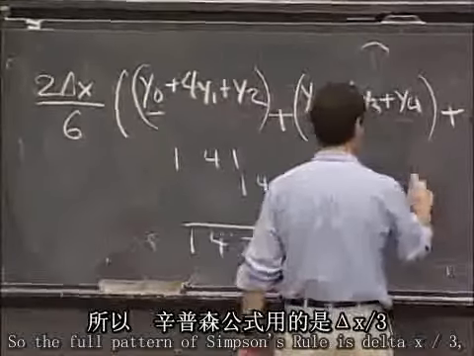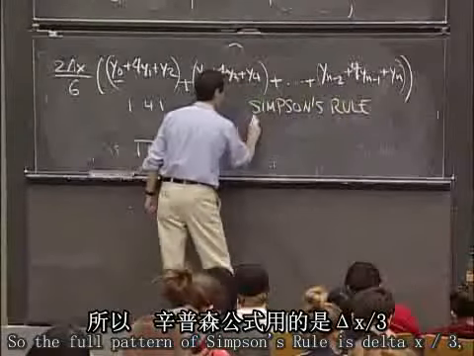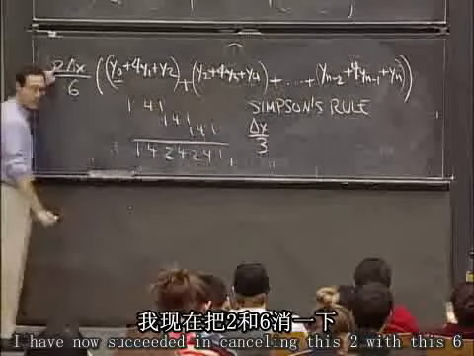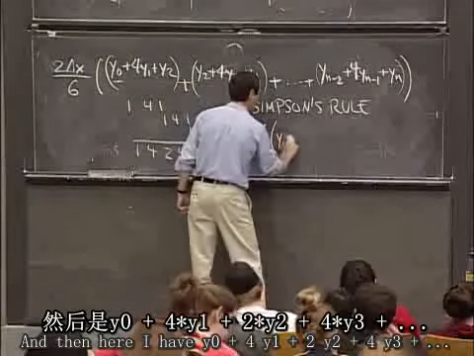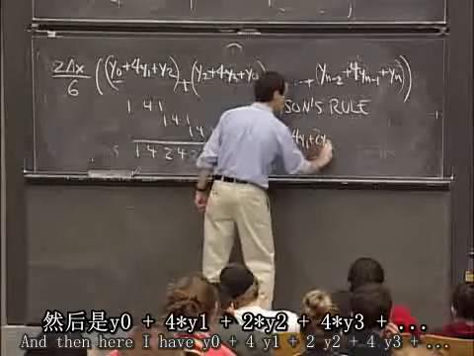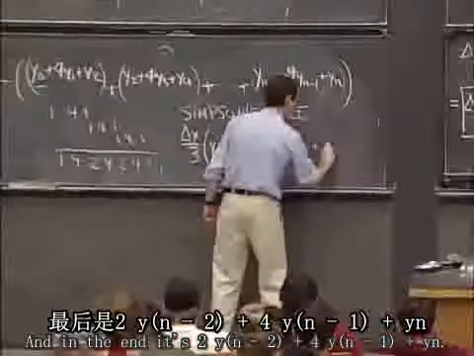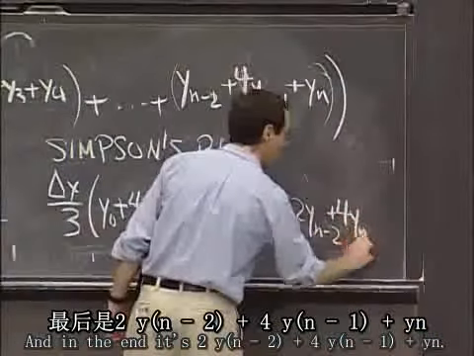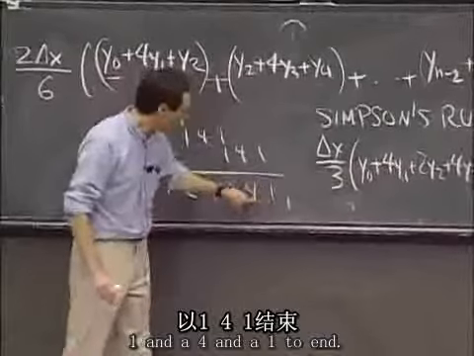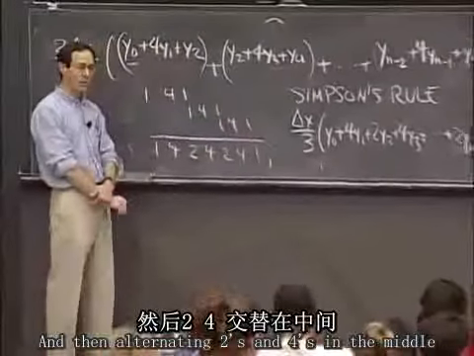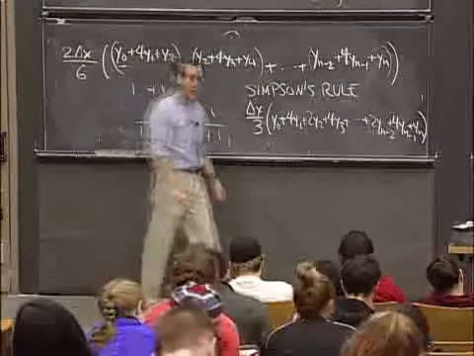All right? So the full pattern of Simpson's rule is delta x divided by 3. I have now succeeded in canceling this 2 with this 6 and getting out that factor of 2. And then here I have y0 plus 4y1 plus 2y2 plus 4y3 plus, it keeps on going and going. And in the end, it's 2yn minus 2 plus 4yn minus 1 plus yn. So again, a 1 and a 4 to start, a 4 and a 1 to end, and then alternating 2s and 4s in the middle. And this weird weighted average is way better, as I will show you